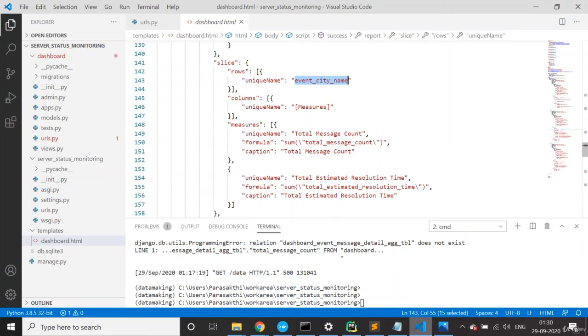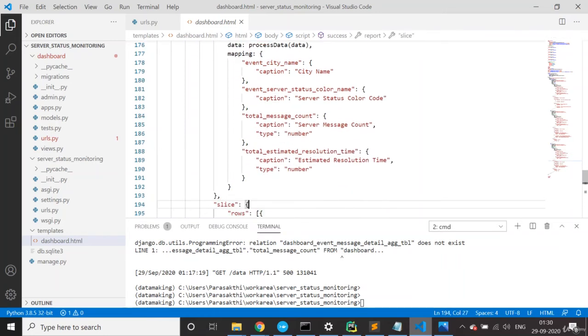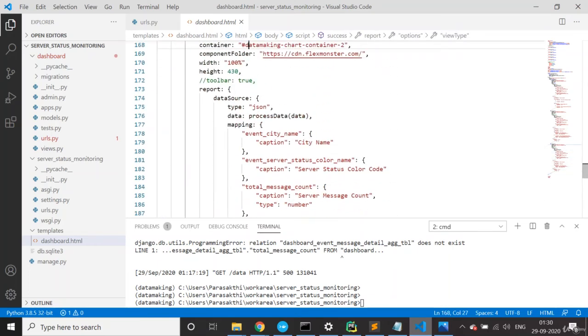In the visualization layer, we still can restrict which columns you want to show, right? So I'm going to show the pie chart for the city level aggregation, and then there is one more same city level aggregation using a bar chart that I'm going to show. So basically the flex monster is the template, you need to follow the template.